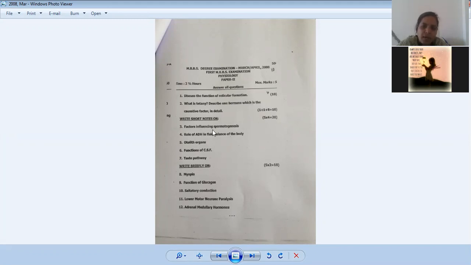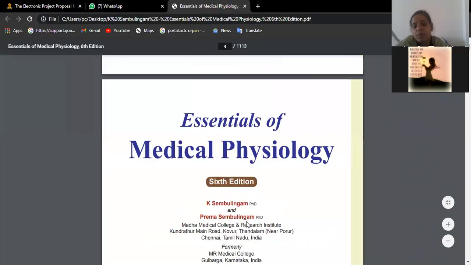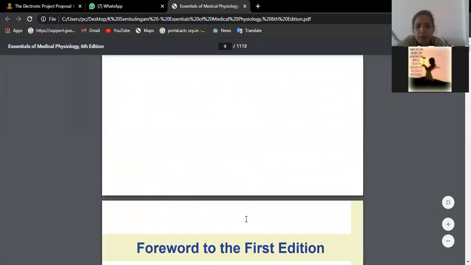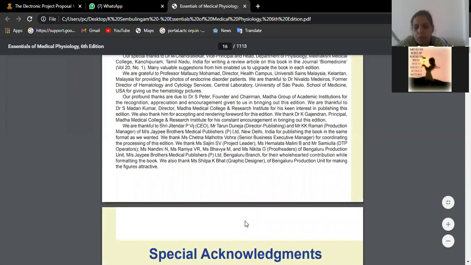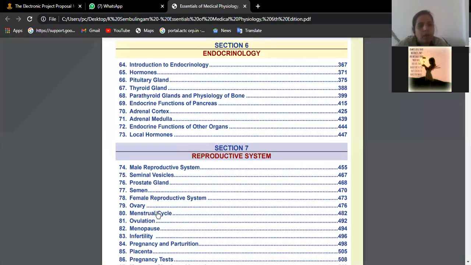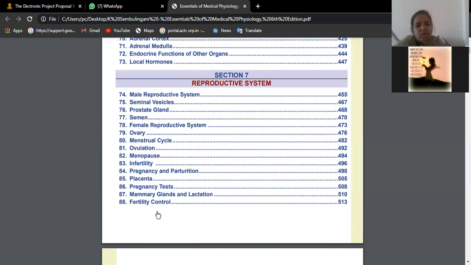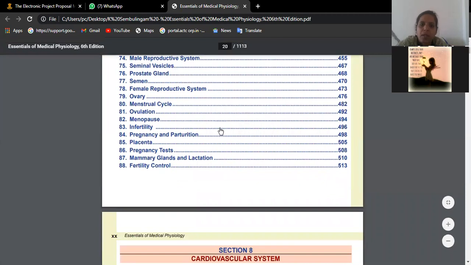Then factors influencing spermatogenesis. What are the factors, beta? I gave you one table. Hormone. Yes, please, beta, Ritika. Yes, ma'am. You are telling something. Can you repeat? Hormones, ma'am. Sorry, I could not understand. High body temperature will prevent spermatogenesis. Yes. Any other thing?